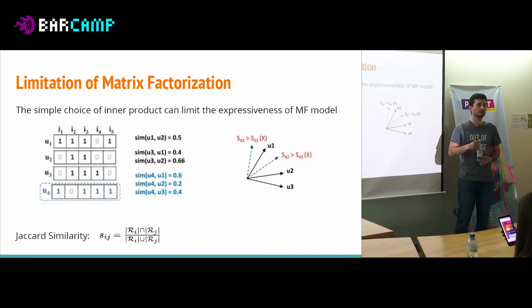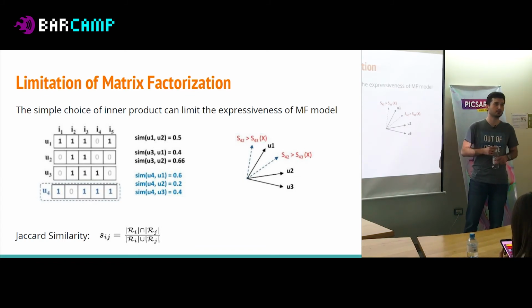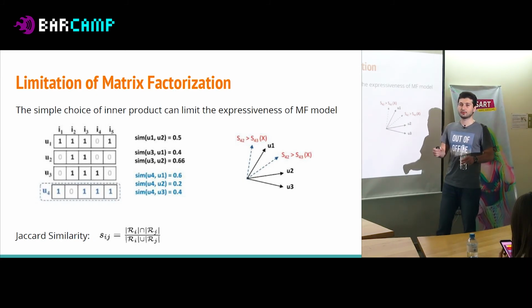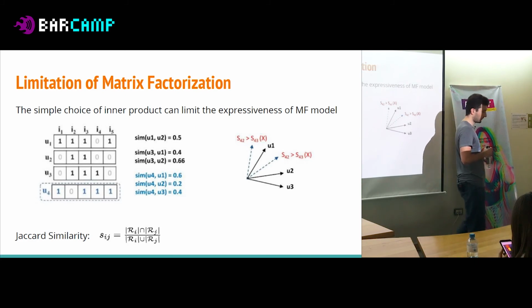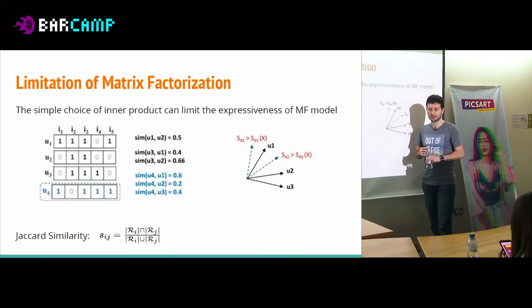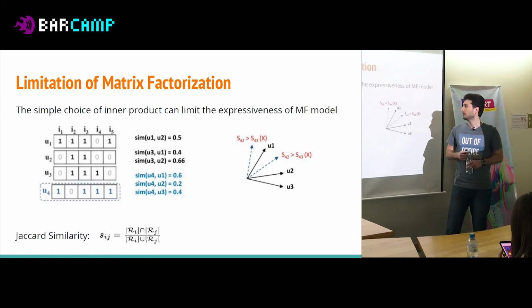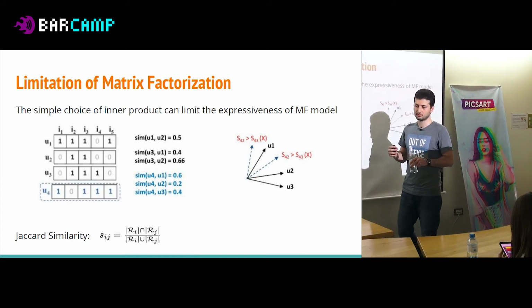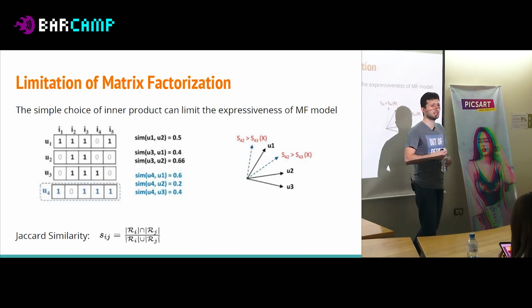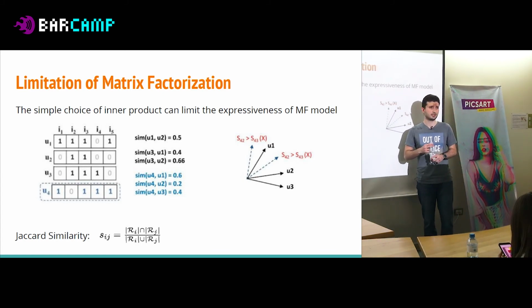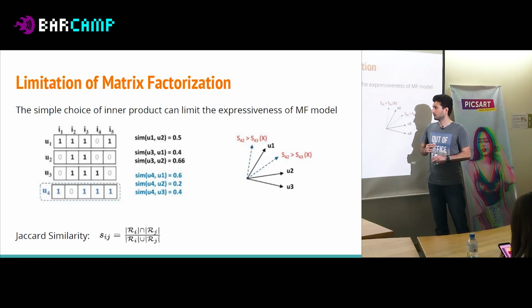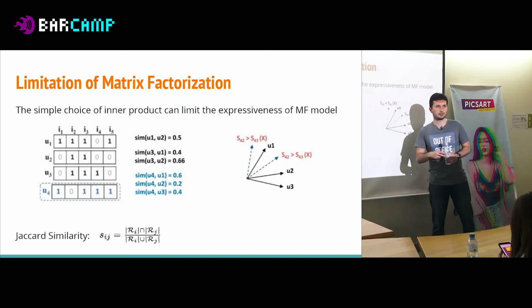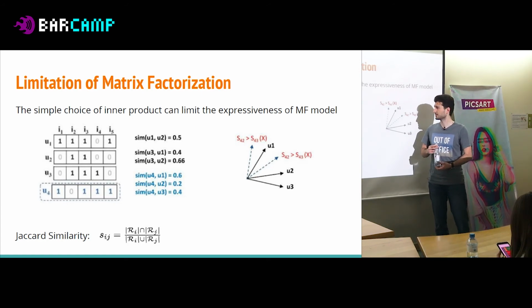So the first question we need to answer: what could be one of the limitations of matrix factorization? One of the hypotheses was that the simple choice of inner product that just linearly models interaction between user and item could limit the expressiveness of matrix factorization methods. This is an example. By the way, I'm going to be talking just about one famous implementation, one famous paper called neural collaborative filtering that is widely cited at the moment. But there are tons of papers within the topic of deep learning within recommender systems.